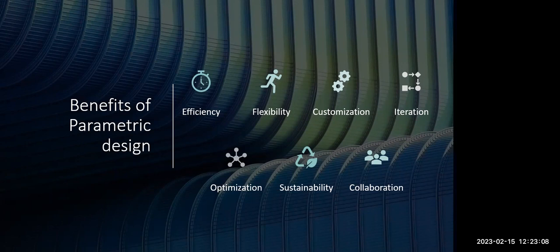We can see problems that happen during the construction process. So if a problem came up, we can change everything. The iterations and the variations, the optimization, like we have a specific set of requirements such as material efficiency or structural stability or energy performance. Here, the sustainability can help designers create more sustainable designs by optimizing the environmental performance, reduce waste, minimize the use